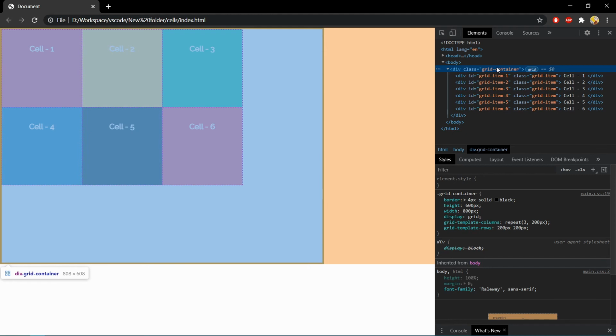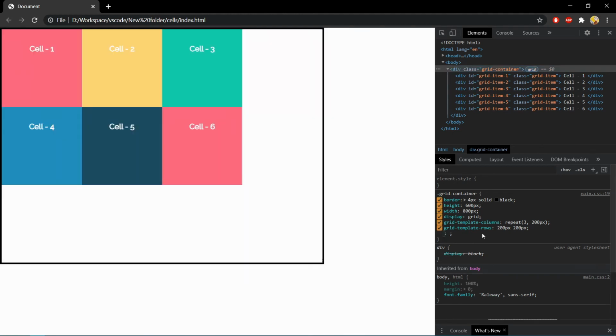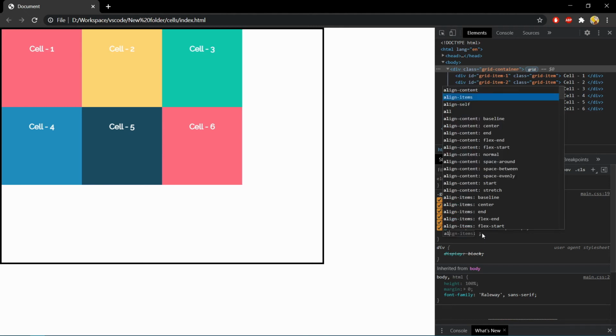Now let's see how we can align grid tracks. In order to control placement of tracks, we use align content and justify content properties. So align content property will help us to align tracks according to y-axis, and justify content will help us to align atoms along x-axis.